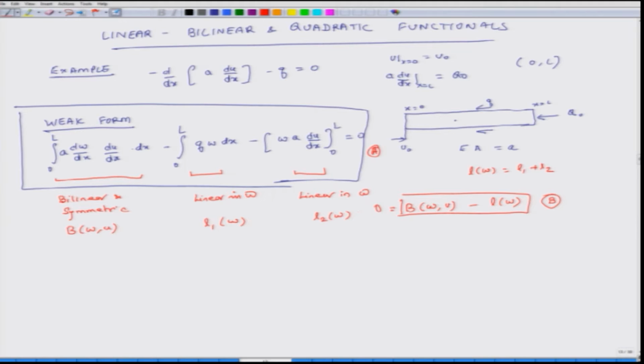And then in the last class we had discussed that W has to be so chosen such that it represents the variation in U. So, I will rewrite this equation like this, okay. Or if I want to expand this, I can write it as integral 0 to L of A d